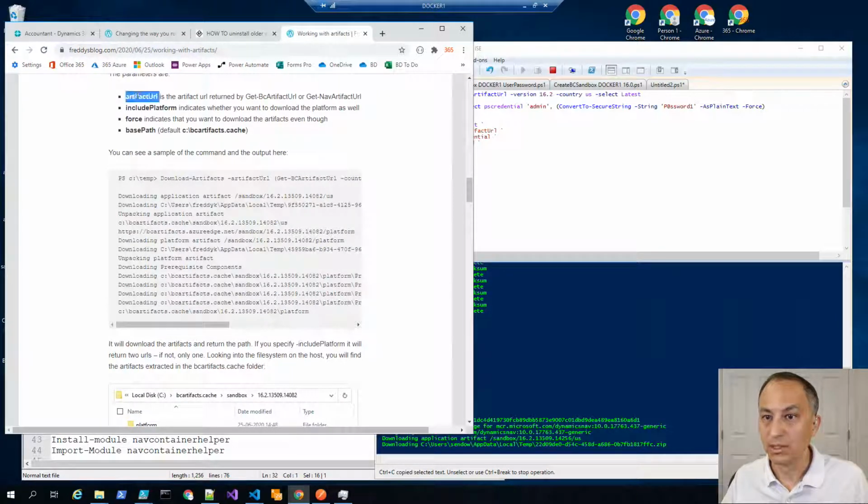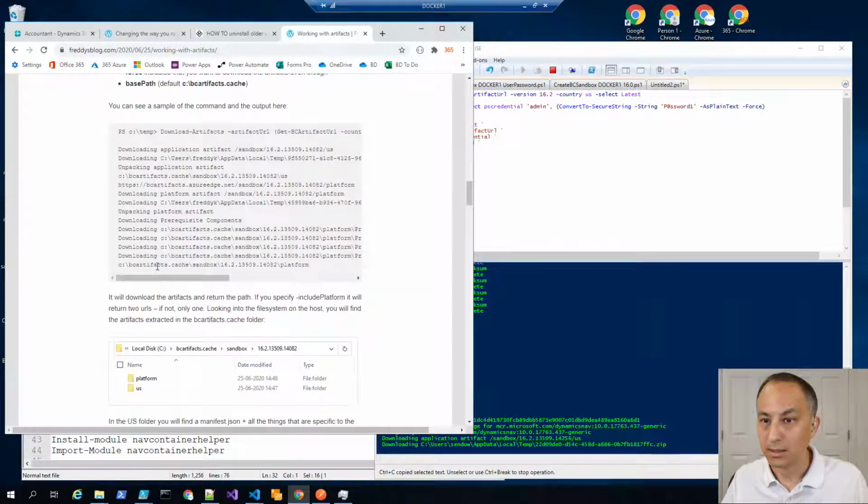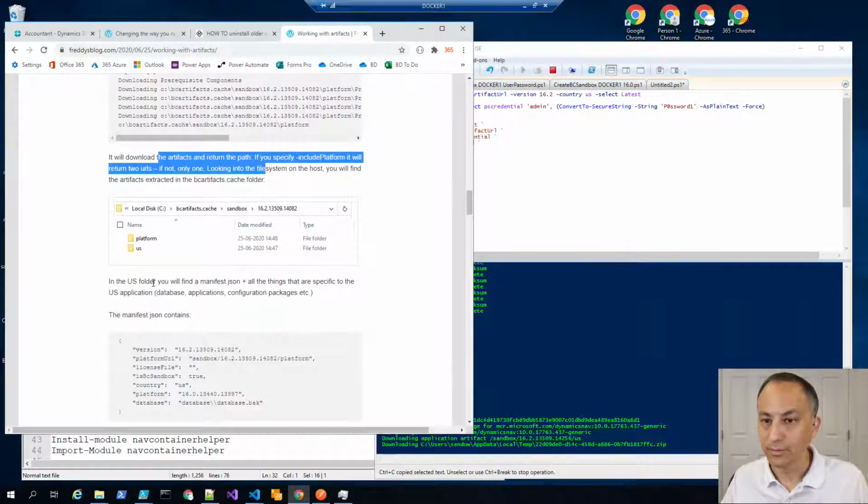We obviously would just use the get artifact URL or get BC artifact URL. It downloads it, it unpacks it, and saves it to this BC artifacts cache sandbox,